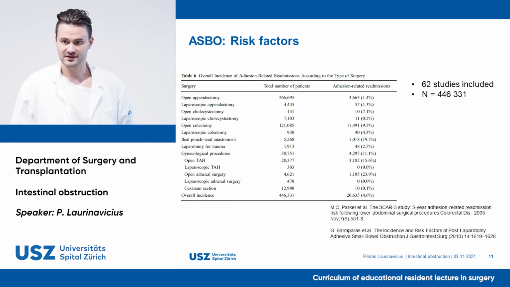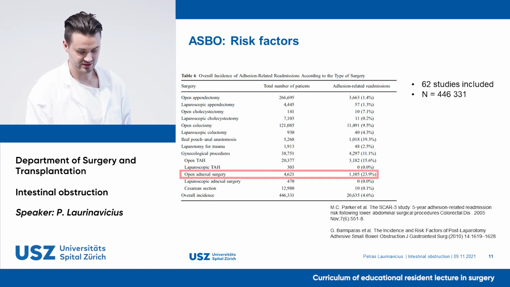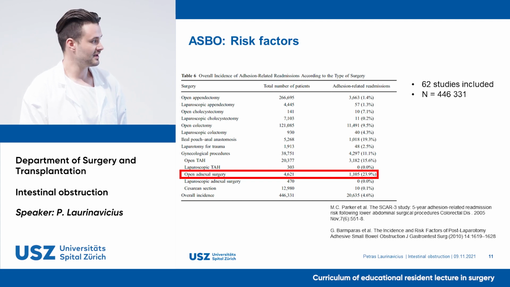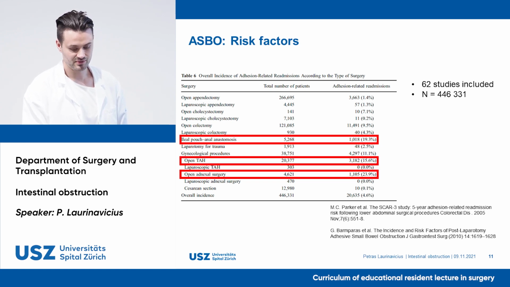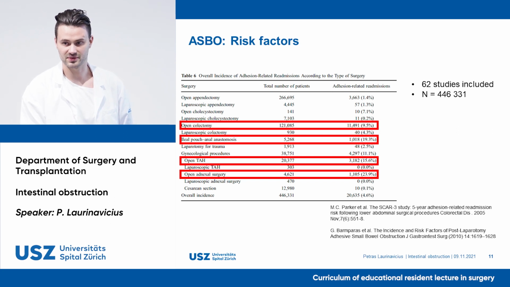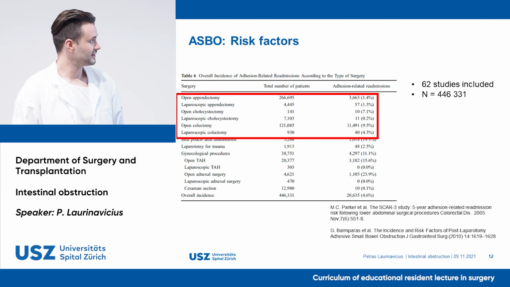They also looked at adhesion-related admission rates, and found that patients undergoing open adnexal surgery had the highest risk of developing adhesions and ASBO, followed by those undergoing ileal pouch anal anastomosis, open total hysterectomy, and open colectomy in fourth place. They also compared the techniques of operation and found that laparoscopic surgery has a significantly lower